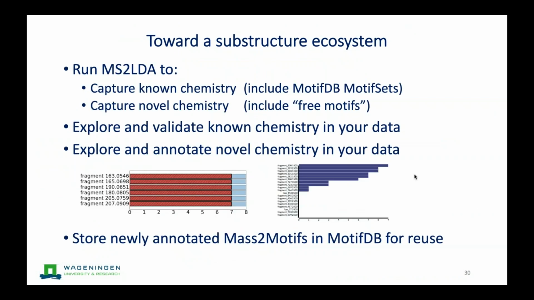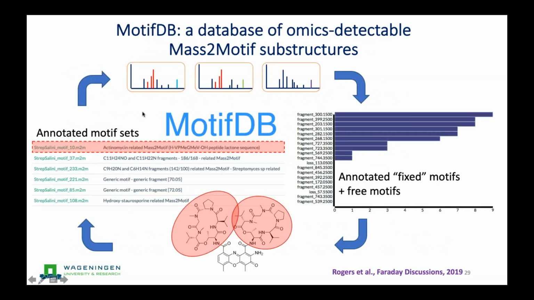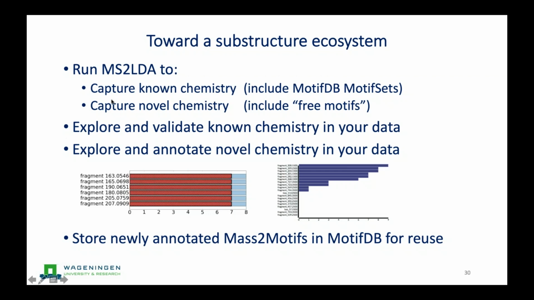So, and how would it look at the moment? Well, you can run MS2A. You can capture known chemistry using the MotifDB motif sets. So if I go back, this is an example of a motif set that you could use for positive mode data derived from Streptomyces related samples. But you also should include